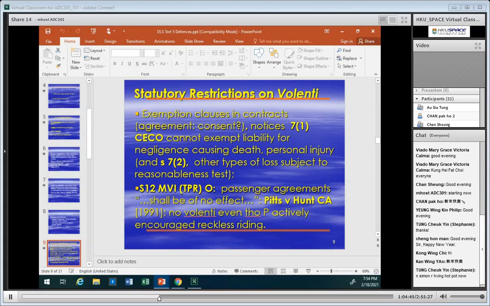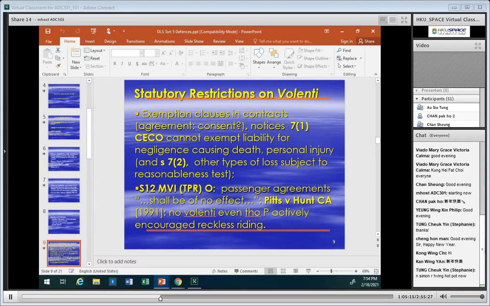This is why it did not work in Morrison Murray, because in Morrison Murray it was an aeroplane, which is not a vehicle on the road. The leading case you could cite, though, with regard to vehicles on the road is Pitts and Hunt. And Pitts and Hunt's a good case because it's relevant not just to Valentine,